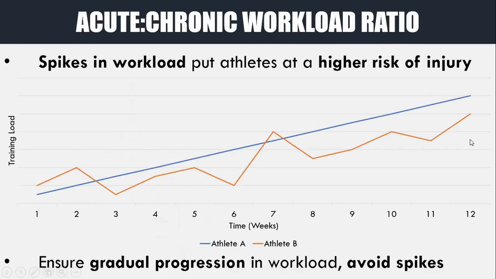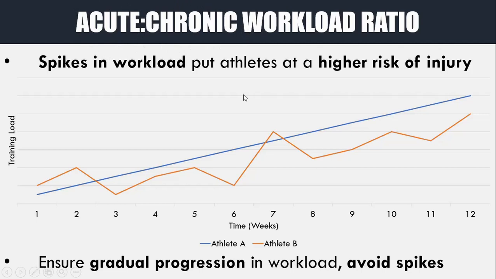We're now going to have a look at the acute to chronic workload ratio. So essentially, the research shows that spikes in workload are going to put an athlete at a higher risk of injury. So basically what that's saying is if we look at the acute workload, so for example, the work we do in 1 week or 1 session, compared to the chronic workload, so the work we've done throughout the last 4 to 6 weeks, if we have a very high acute ratio, that is going to put us at a